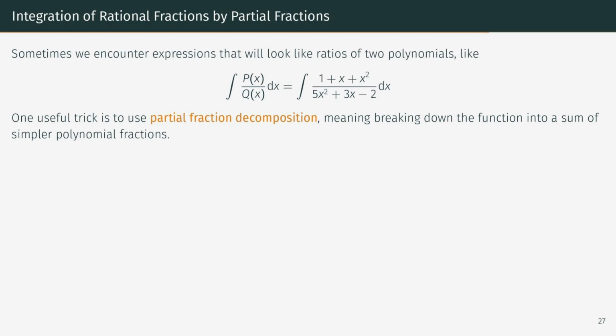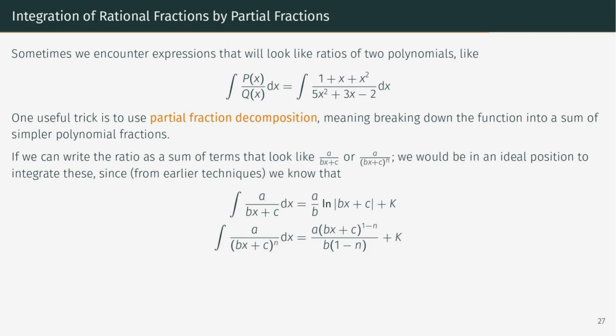One trick is to use partial fraction decomposition, which means breaking down the function into a sum of simpler polynomial functions. If we can write the ratio as a sum of terms that look like a over bx plus c, or a over bx plus c to the power of n, we would be in an ideal position to integrate these,